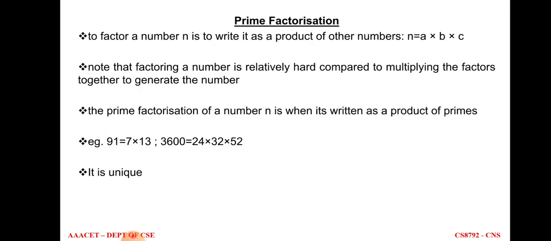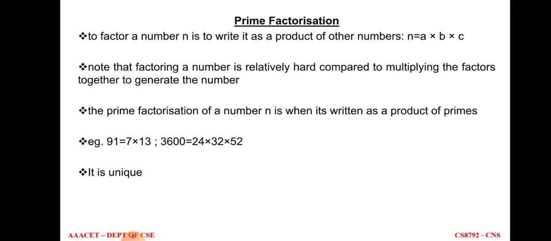The next concept is factorization. We all know what a factor is. For example, let us take the number 15. It can be written as 5 into 3. So the factors of 15 are 5 and 3. That is factorization. So what is prime factorization? It is when a number is written as the product of prime numbers. Let us take the example 15. We can write it as 5 into 3, where 3 is one prime number and 5 is another prime number. When we write the product of a particular number as a product of primes, that is called prime factorization.